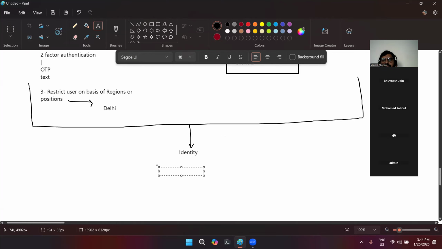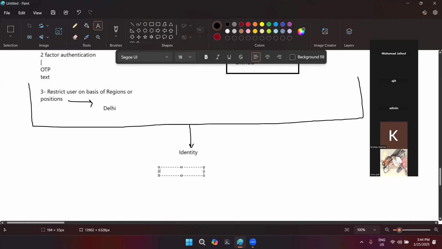A unique identification or unique name for a user. Yes, true, it can be something like that. Anyone else? Mohammed, Ajit, any one of you want to try? Yeah, a unique identity.